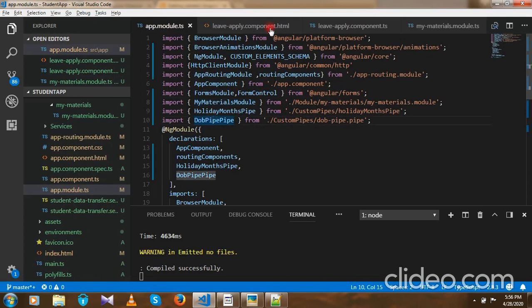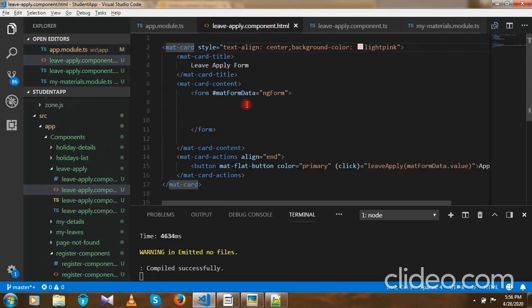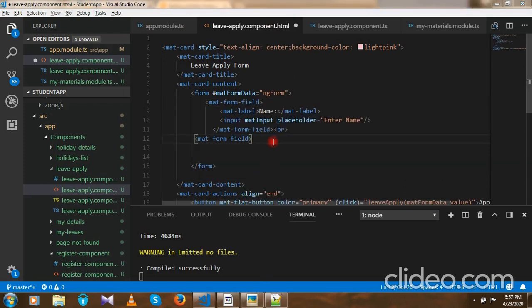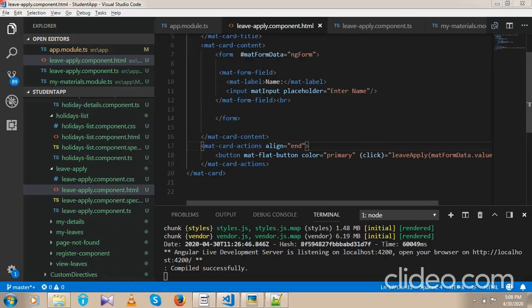So let's start building our Angular Material form. I'm adding mat form field. Whenever you are adding inputs in Angular Material, every input should be inside of a mat form field. This is the basic syntax of adding an input field, so your input tag should be inside of the mat form field. For any field title, we can write it in the mat label. So this is our input field, which we have written from the Angular Material guidance.